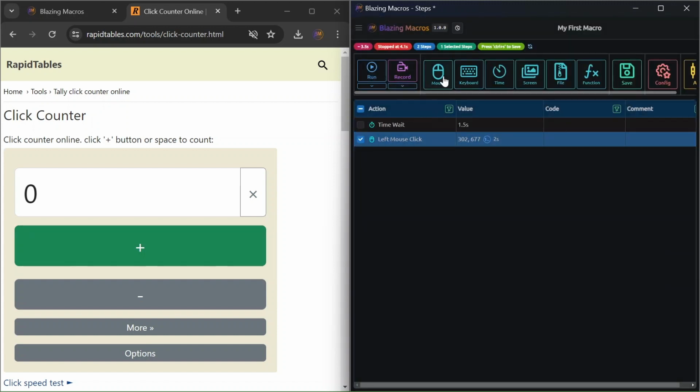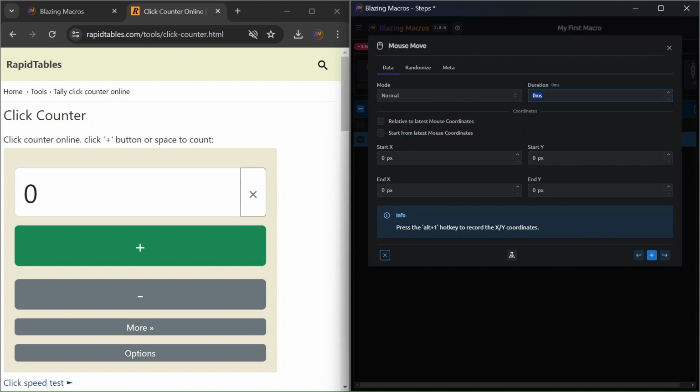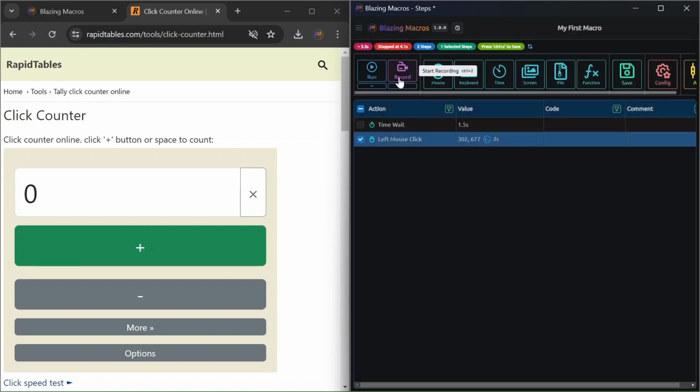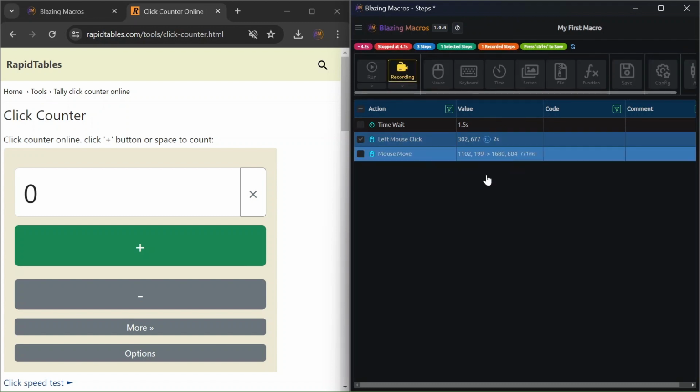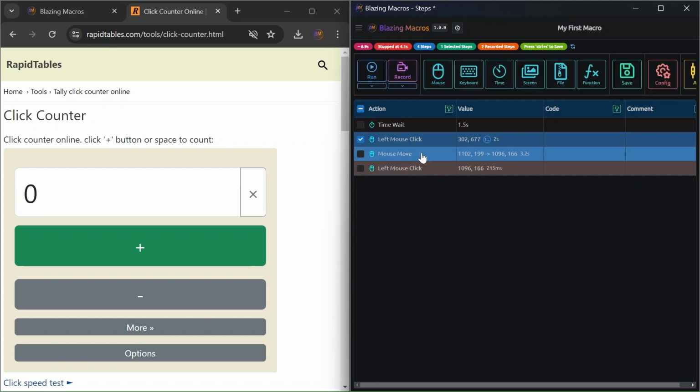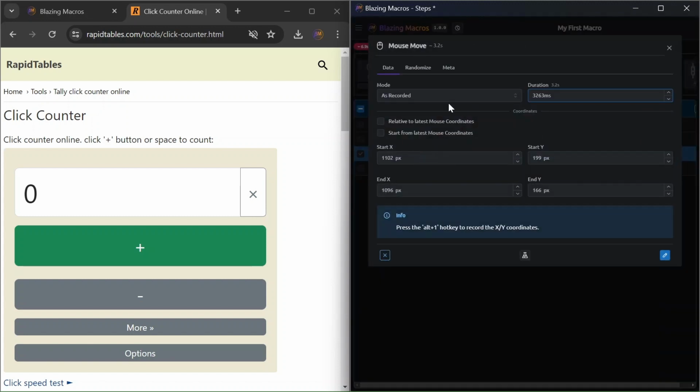So now let's go to the mouse move. In the mouse move, you can specify a mode. By default, you will choose normal. As recorded is only used by the recording capability. So when I click record and I move the mouse, it will record exactly my path. So if I go back in here and mouse move, right here, it will be as recorded, and